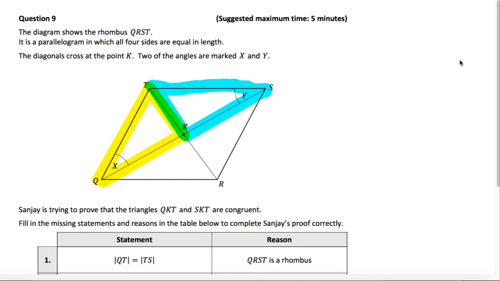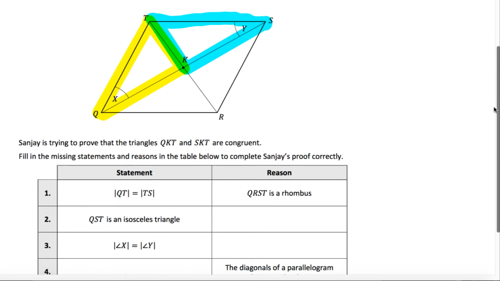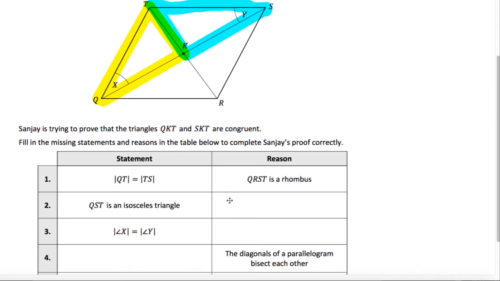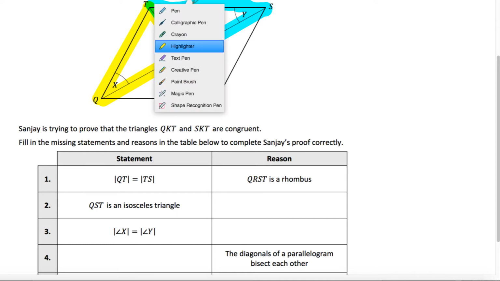Okay, so instead of doing the proof out fully, you actually have some steps for the proof here, bits missing, and you have to fill them in. So the first statement is, now remember, if you're trying to prove triangles are congruent, there's a number of ways that you can do that, remember? So you're looking at